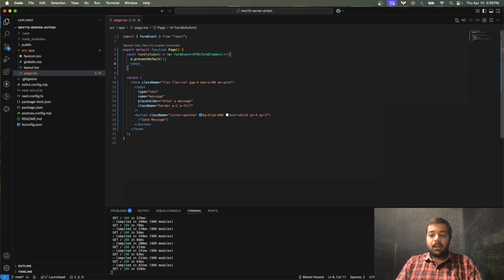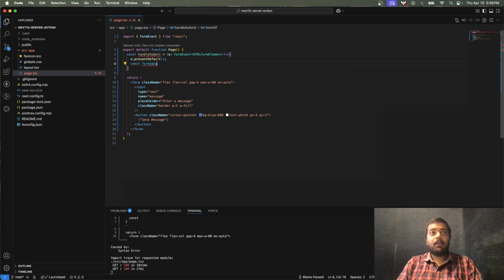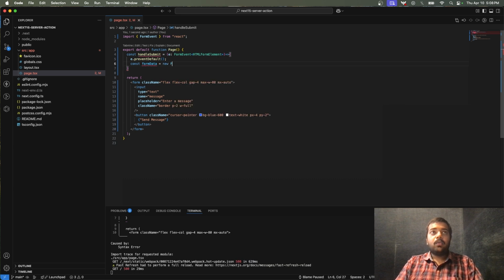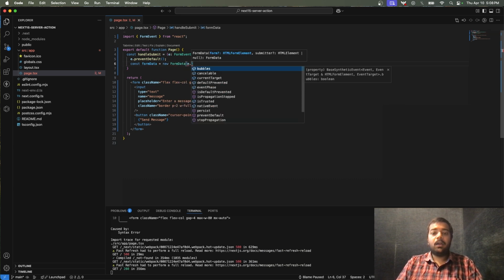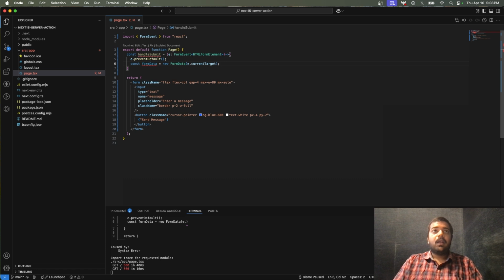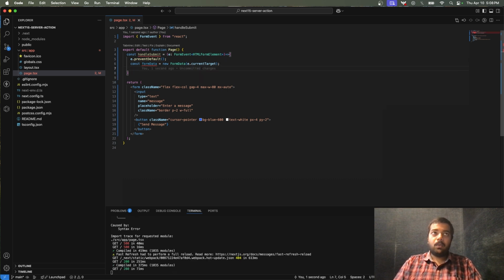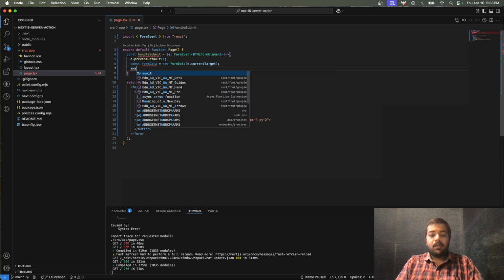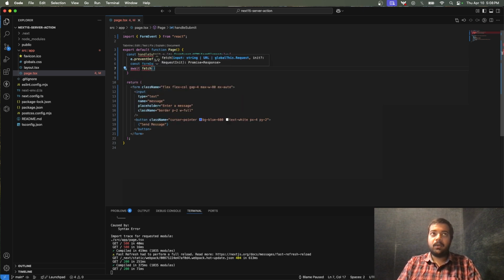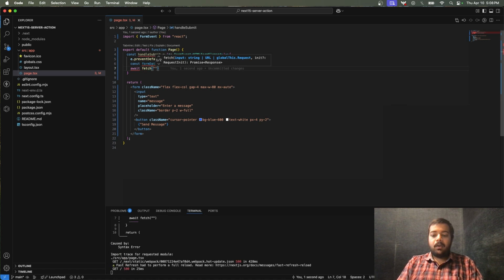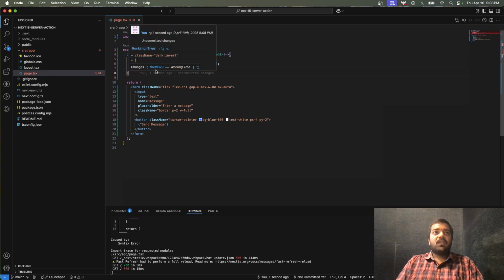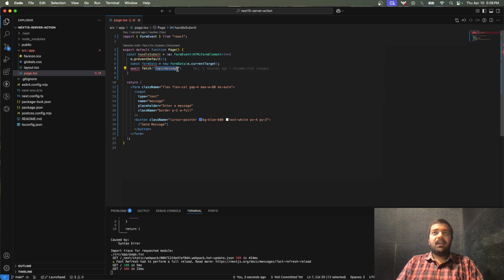We're going to get form data from the event object, using new FormData with event.currentTarget. This particular line will return us a FormData which can be used to send to the API route. We're going to shortly create the API route, so don't worry about it. So we're going to make an API call now. We're going to use fetch. You can use actions also. We're going to use /api/message. This is the Next.js